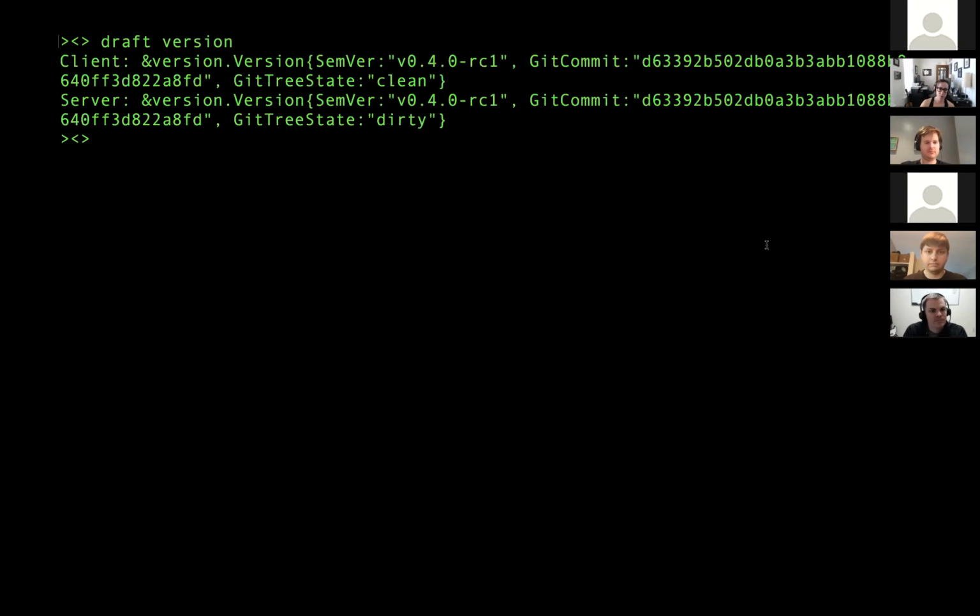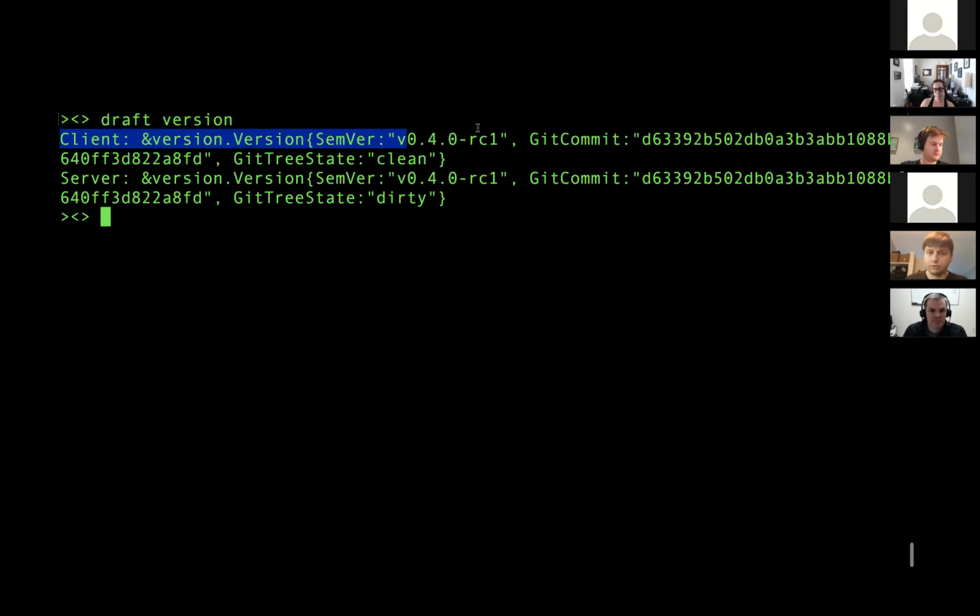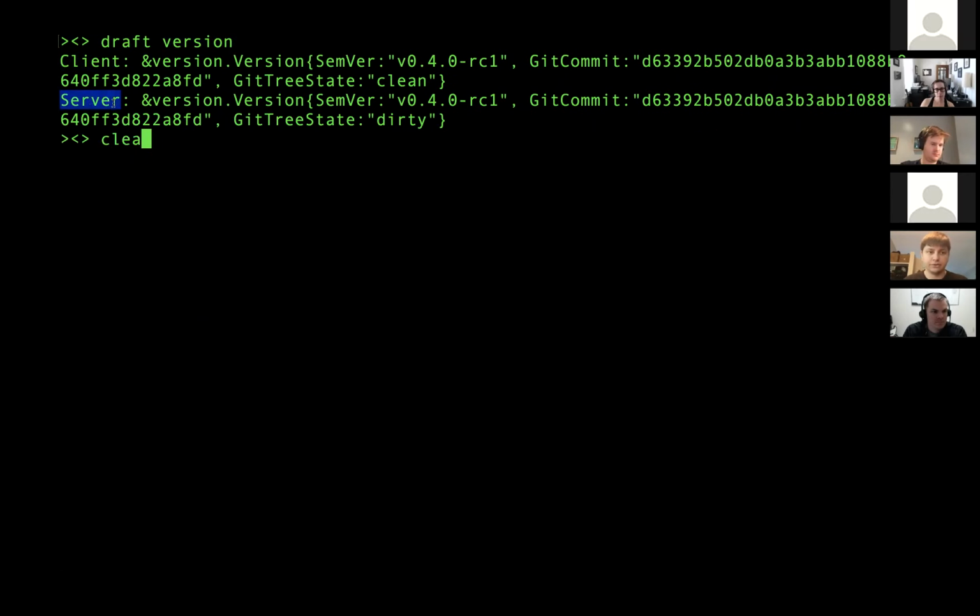So Draft essentially is a developer tool that runs on the cluster, and there's also a local client available. For Draft version, I've got 0.4.0 RC1 installed here, and I also have a server version. If you're familiar with how Tiller and Helm interact, Draft works the exact same way. So in my Kubernetes cluster, kube-system,